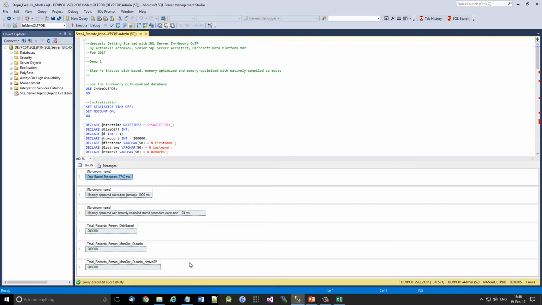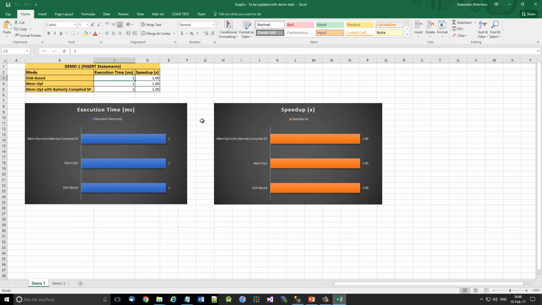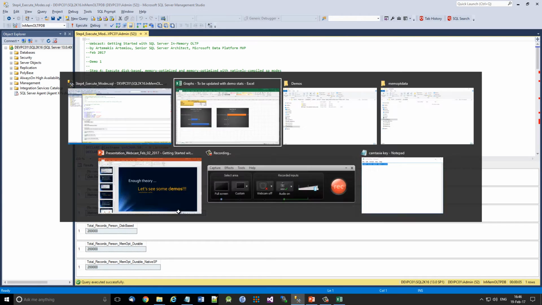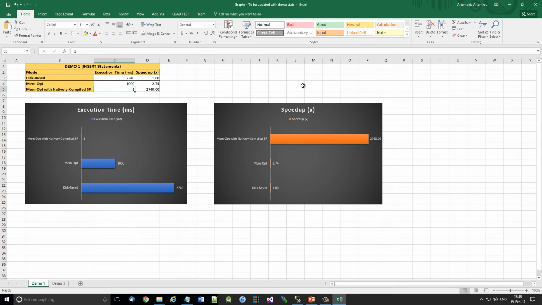So, disk-based 2,740. Memory optimized 1,000 milliseconds. And natively compiled stored procedure 174 milliseconds. So as you can see from the graphs,